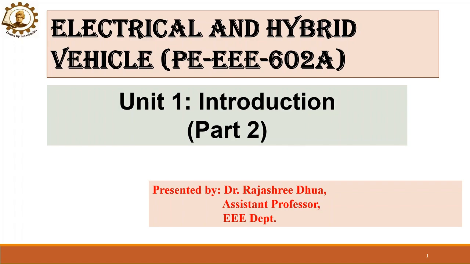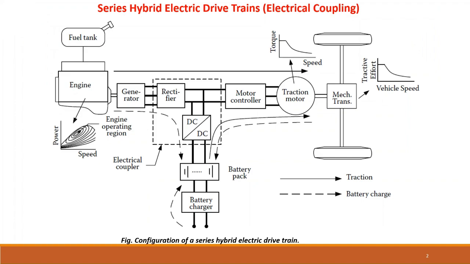So, as we have already discussed the concept of hybrid electric powertrain or drivetrain, where there are two powertrains, one is unidirectional in nature and the other is bidirectional in nature. Now, we are going to explain it in detail. Now, this is a configuration of a series hybrid electric drivetrain having electrical coupling. So, what this figure basically